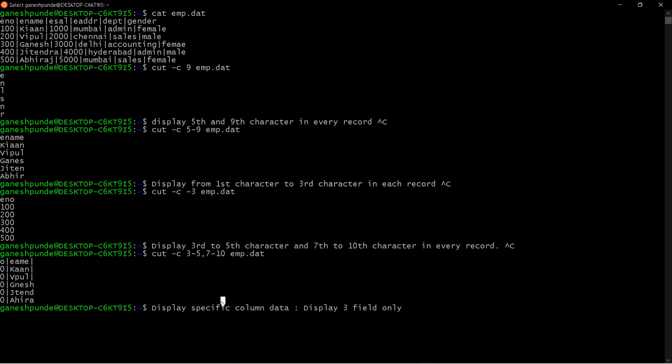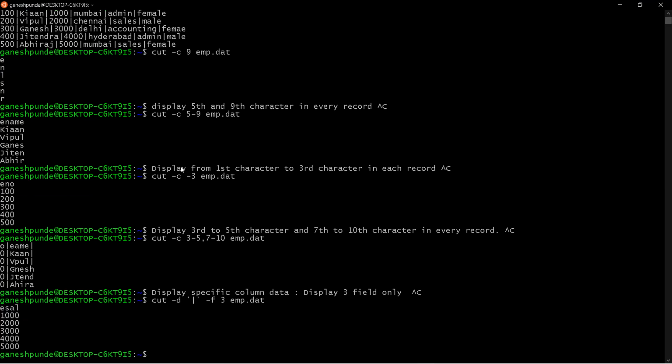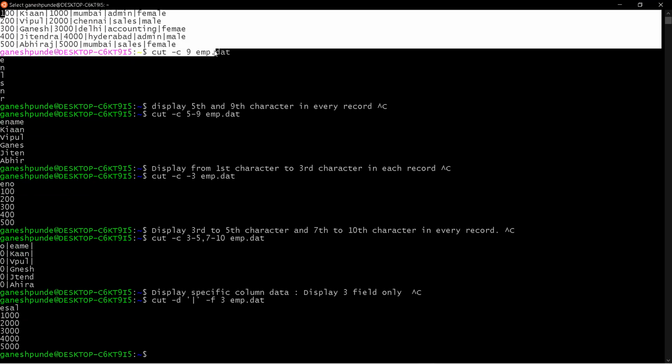So if you want to do this, you can say cut -d. Right. So you can see it is displaying the third field from the emp.dat file.